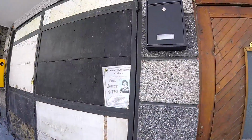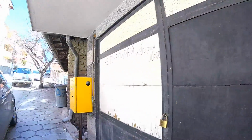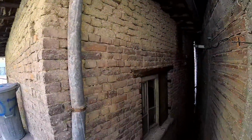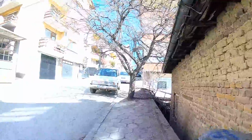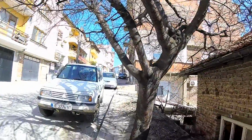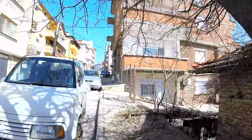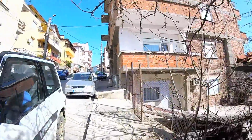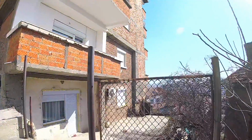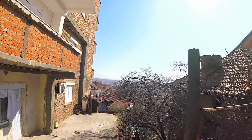So see, this one is 3 years. That person, I guess, used to live in this house, and so I think it's just in the memory of the people, that everyone we lost will always be with us, and while we remember, they will live. So a little bit more views from here. As you can see,